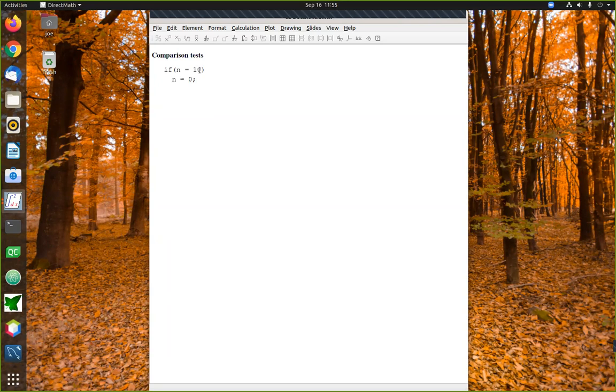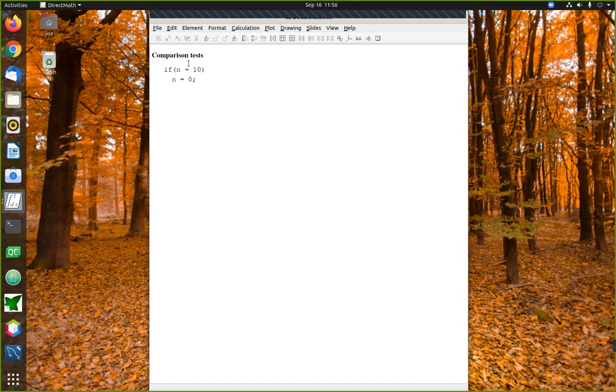So what's going to happen in this case? First of all, instead of asking, is n equal to 10, this is actually going to go ahead and set n equal to 10. Then as a side effect, it's going to produce the value 10. And the if statement, when it sees that number 10, will automatically interpret that as true, which means it's next going to do this branch here. It's going to set n equal to 0. What ends up happening is that momentarily n gets set equal to 10, but then right away it gets set equal to 0. And that's going to happen regardless of what was going on with n in the first place.